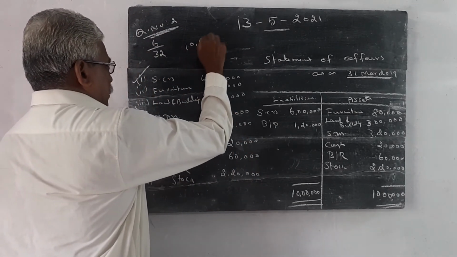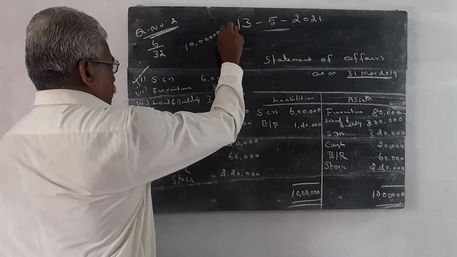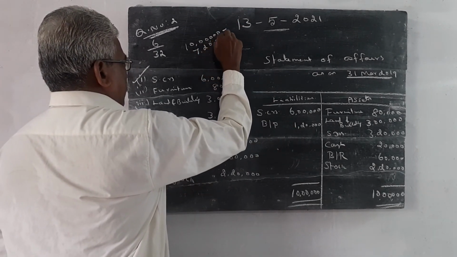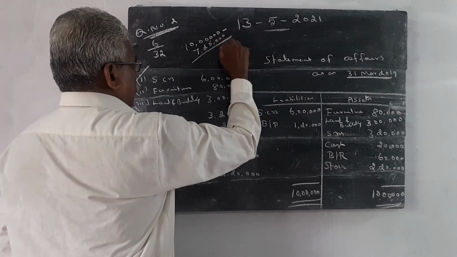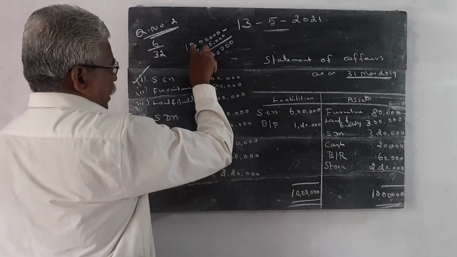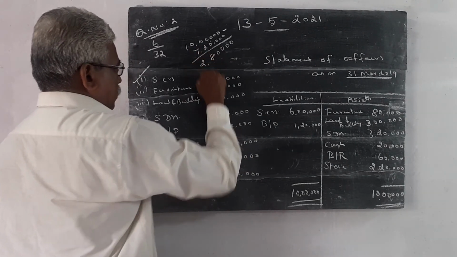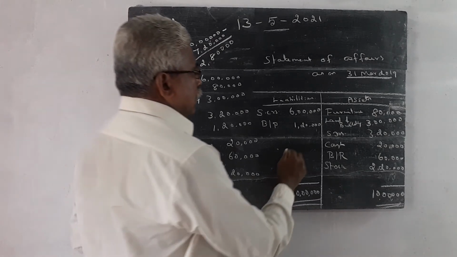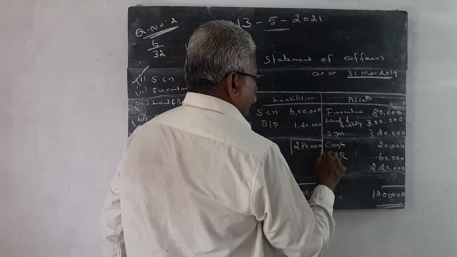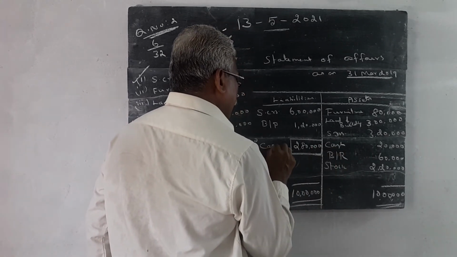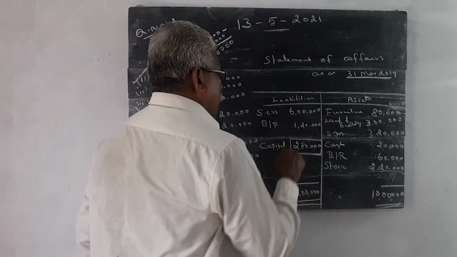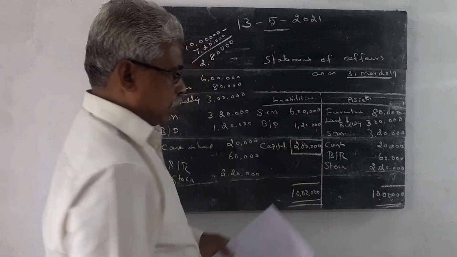10 lakhs minus 7 lakhs 20,000. 0, 0, 0, 0. 10 minus 8, 2. Here 9. 9 minus 7 is equal to 2 lakhs. 2,80,000 is the answer. Here we write capital. Capital is 2,80,000. Dear students,